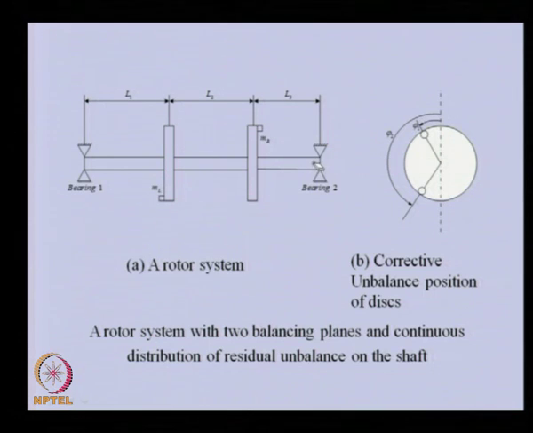In the second case study, we will be extending this method when we have residual unbalance in the shaft also, along with the residual unbalance in these disks. That means we will be choosing some distributed residual unbalance in the shaft in the form of a sine function, and then we will try to balance that particular rotor up to the second critical speed using these two as balancing planes. So, that will be the second case study, and for illustration we will always be using numerical responses.